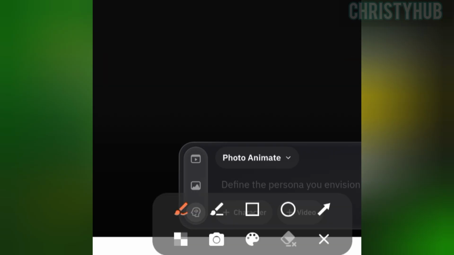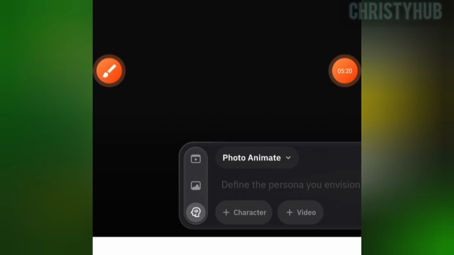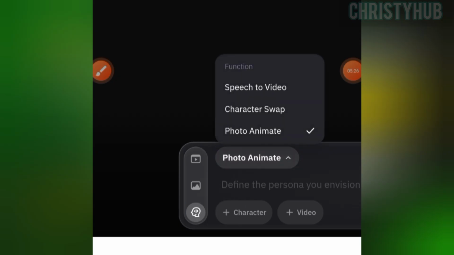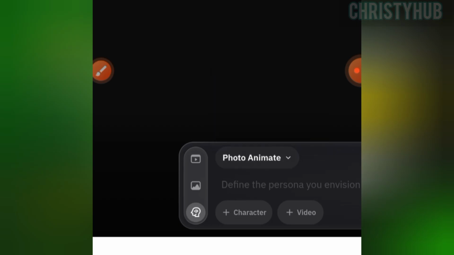Click on the video icon first, after which you choose avatar. After choosing avatar, from speech to video, change it to photo animate, and it will show up like this,